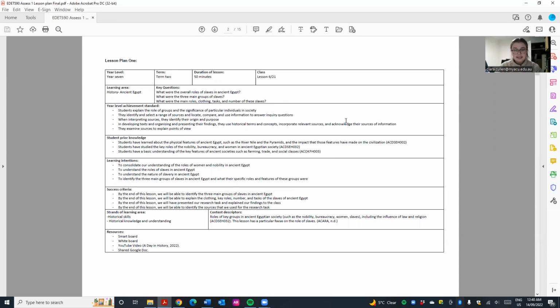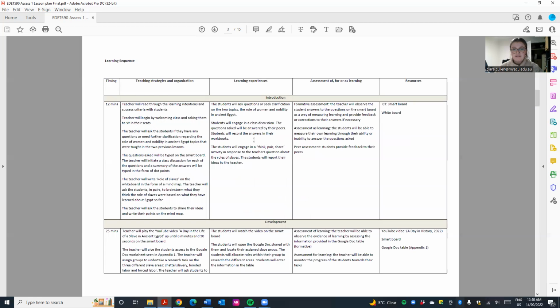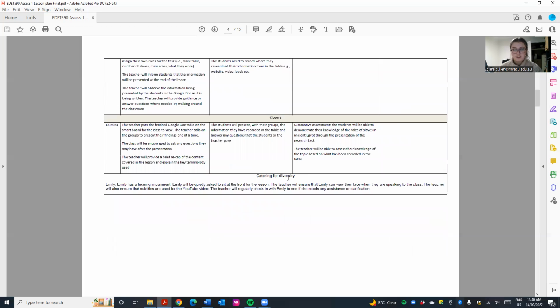students have already learned about the physical features of ancient Egypt, the key features of society and the roles of the nobility and women, which can be seen here in student prior knowledge. There is one student in the class with a hearing impairment. The teacher therefore needs to ensure that the student is sitting closer to the teacher, that subtitles are always used when watching videos, and the teacher always has their mouth visible to the student when speaking, so she can lip read if need be. And that information can be found here, so catering for diversity, which is on every single